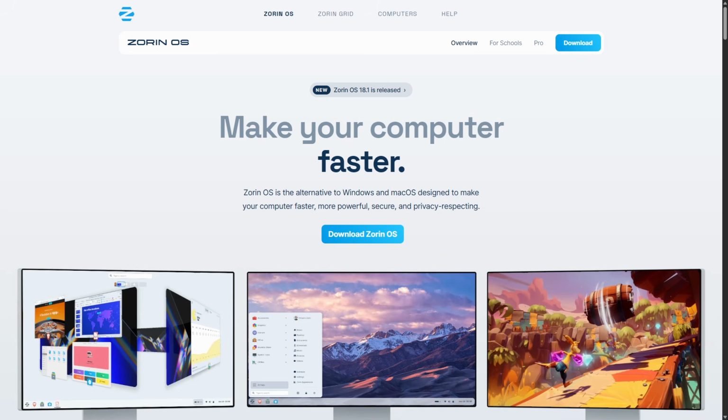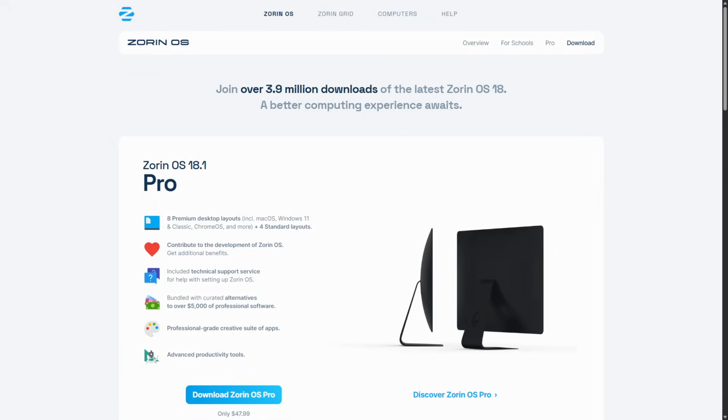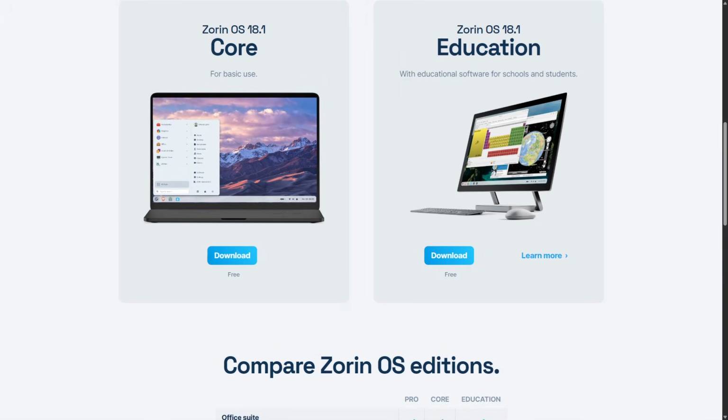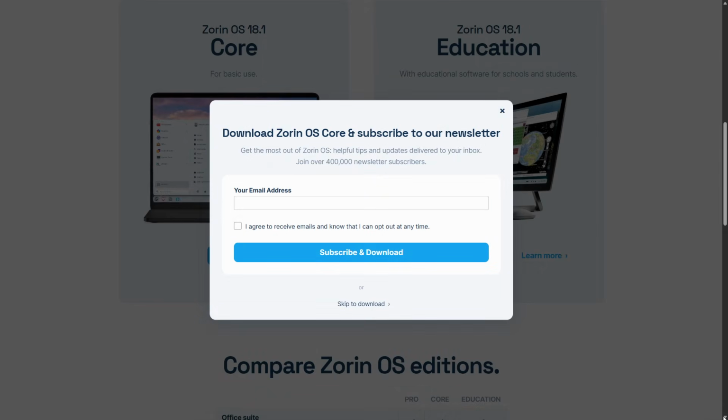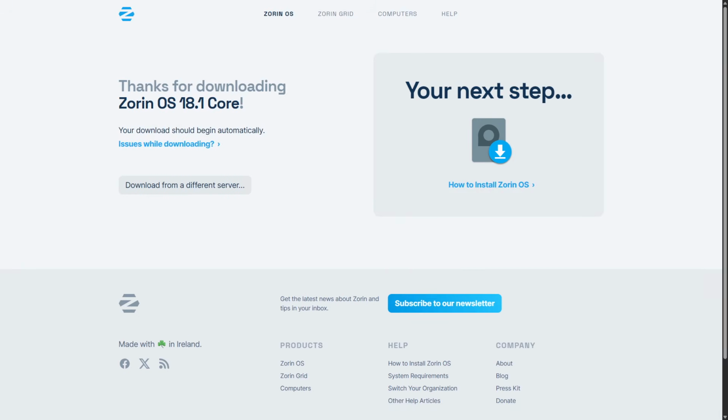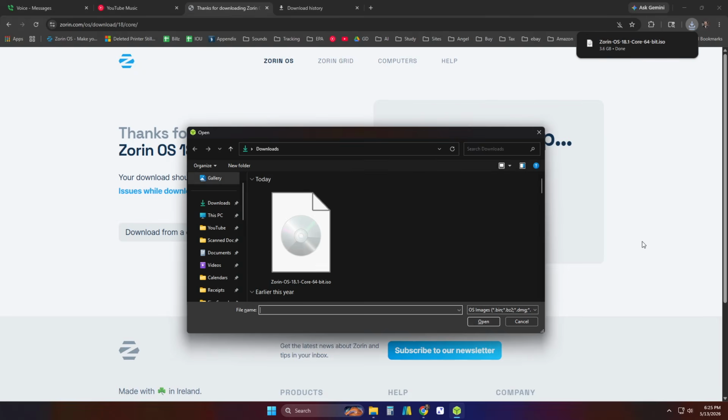Go to the Zorin OS website and click on Download Zorin in the middle of the page. Once you've clicked on that, you have options. Just scroll down till you see the free option. You don't have to take the educational version, and click on Download. You don't have to give them your email address, they just ask for it, but then below it you can skip to Download. You'll click on How to Install Zorin OS and download the install media, which is an image